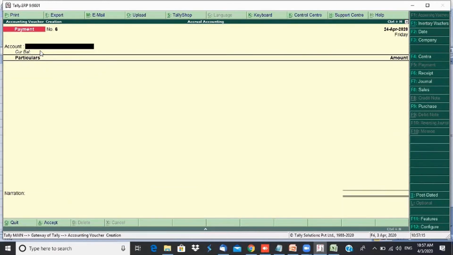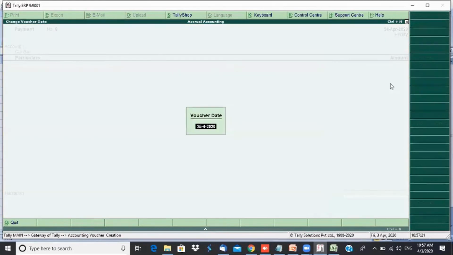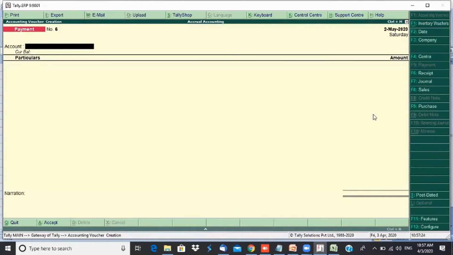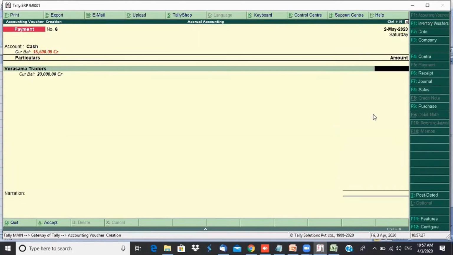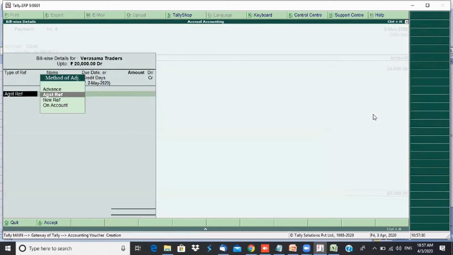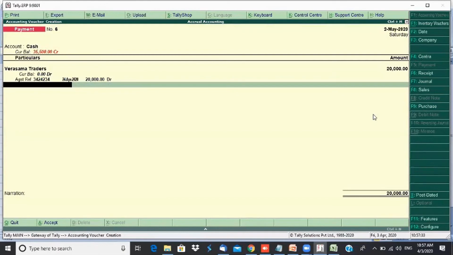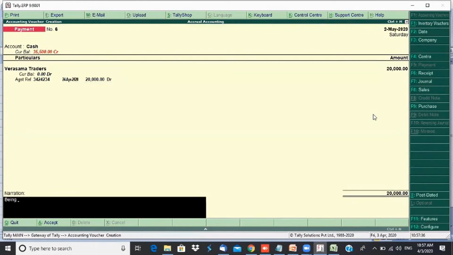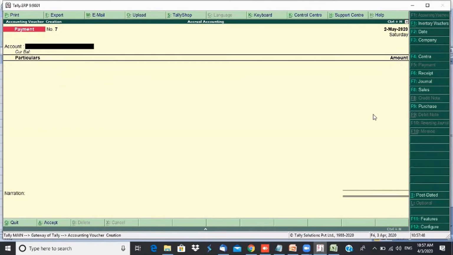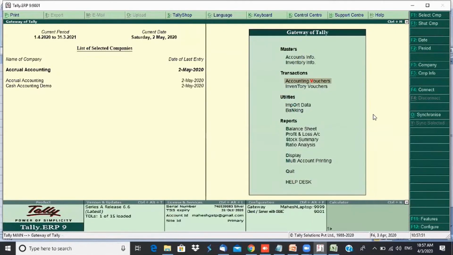Clear? Again, I'm just going to payment entry, changing the date to 2nd of May and making a cash payment to Veer Sama Traders, which is showing the balance as 20,000. Full settlement against this bill, being full payment. It's not partial payment. Full payments made. So this is how you could do the purchase entry on a cash basis and on an